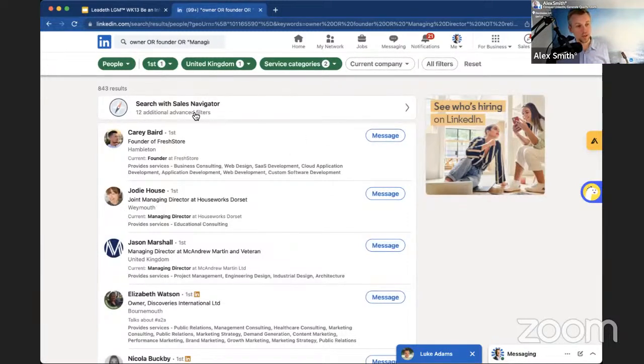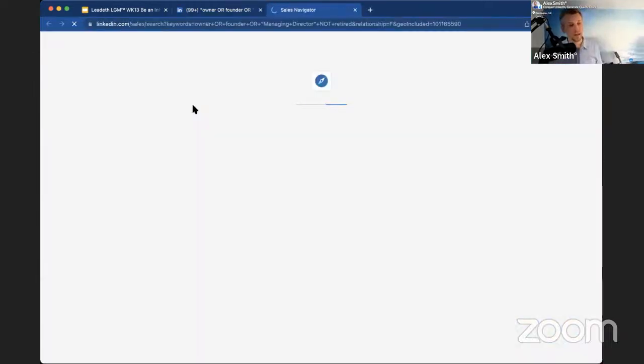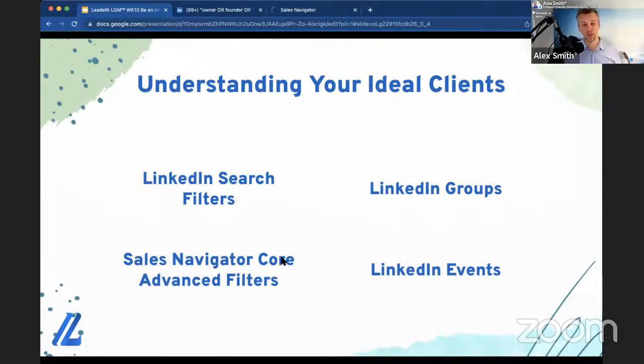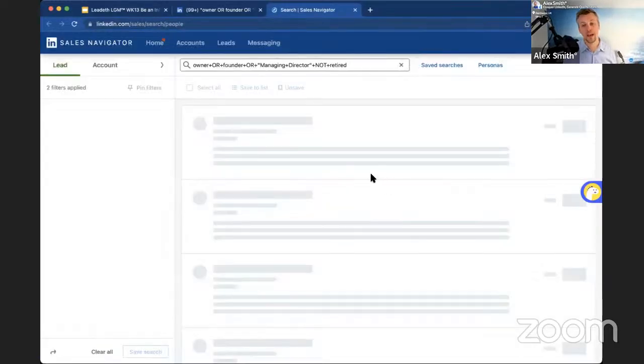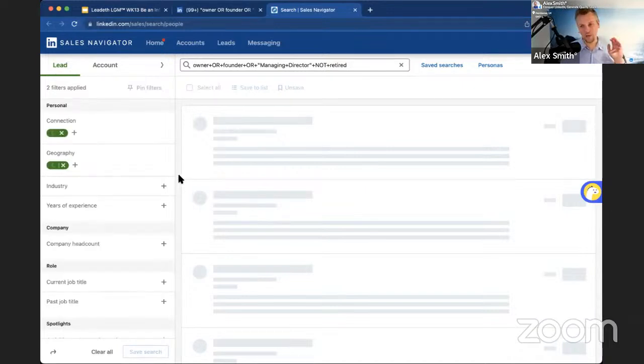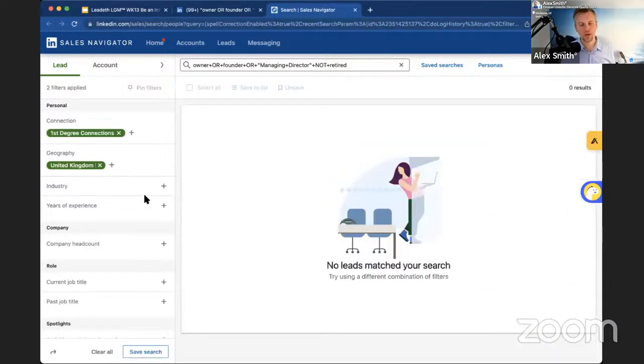You may see that I'm also a Sales Navigator subscriber. Sales Navigator gives you these extra filters. The Sales Navigator advanced core filters, these are what we're talking about here. Sales Navigator Core is a premium version of LinkedIn. It does cost around £66 plus VAT per month. So expect this is what you get for that extra money. You get LinkedIn off your case. If you're pushing out more than 100 a week, you probably want to consider a LinkedIn paid subscription like Premium or Sales Nav, just to keep them off your back.